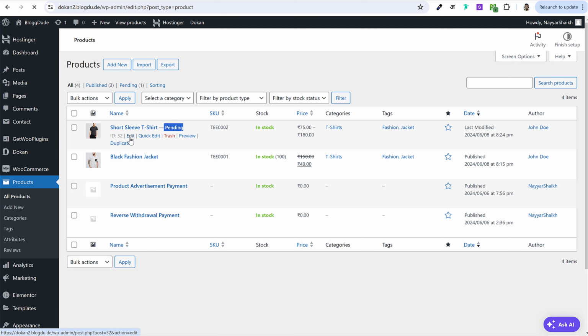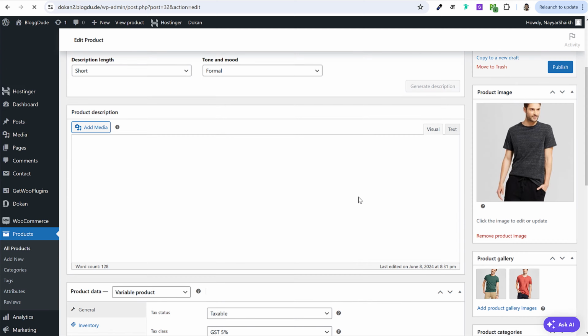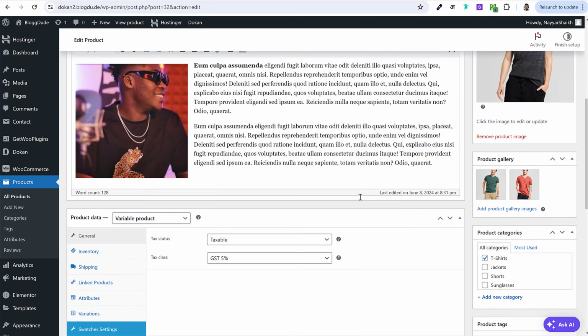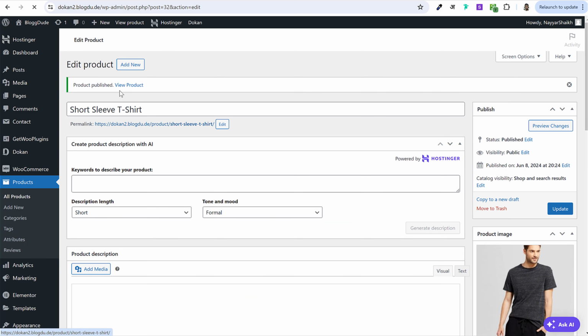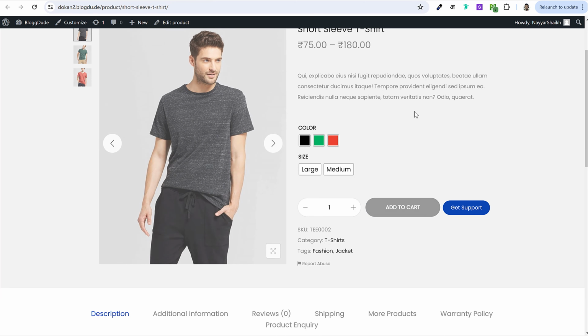I can edit the product. I can see all the details. If everything is nice and good, then I can go ahead and publish this product. And once it is published, you can see this product on your website. If I open this thing, view product in a new tab, you can see this is how it looks, variation